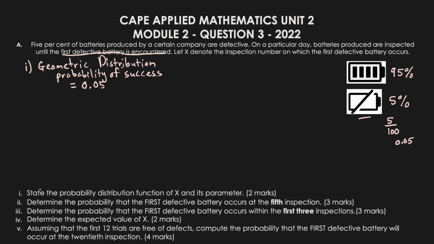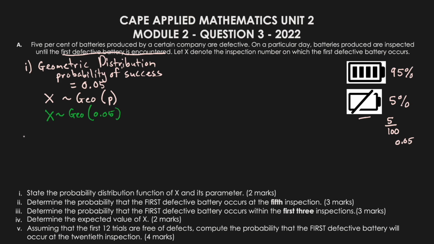So usually when we're writing this now as parameters, what we use is X in this case because it said let X denote the inspection number. So you say X is a geometric distribution, and usually it has the value inside here of p. Now in this case, as we say, the probability of success is 0.05, and that is what p represents. So our final answer for this question, we could write it as X geo